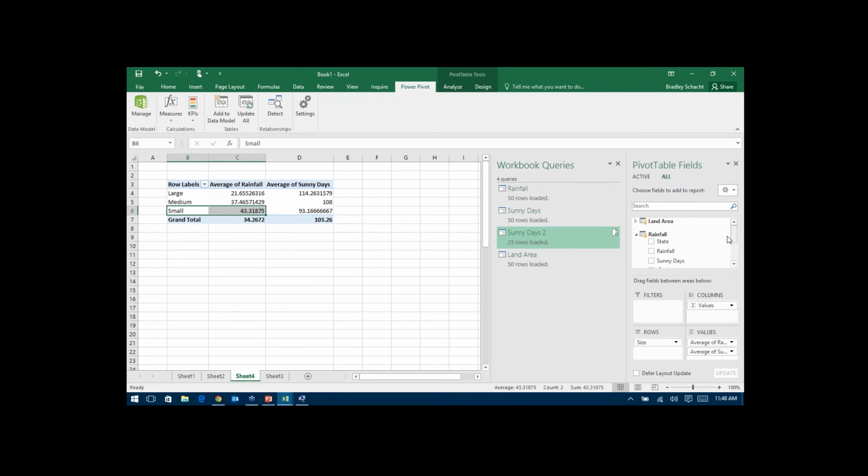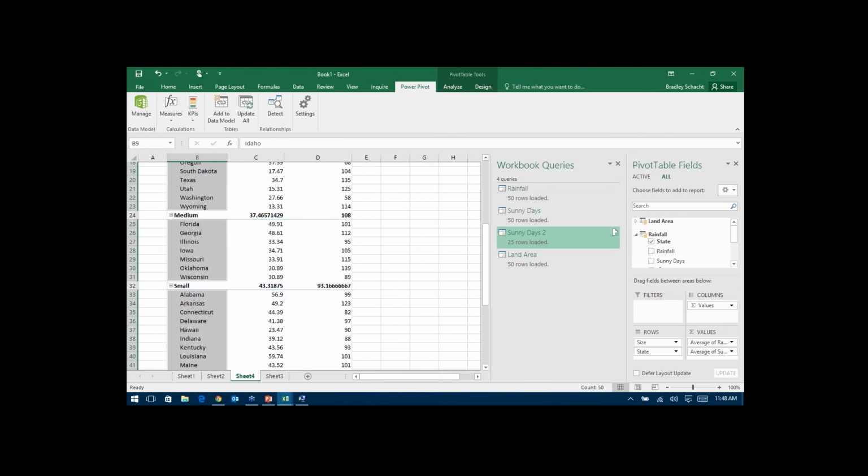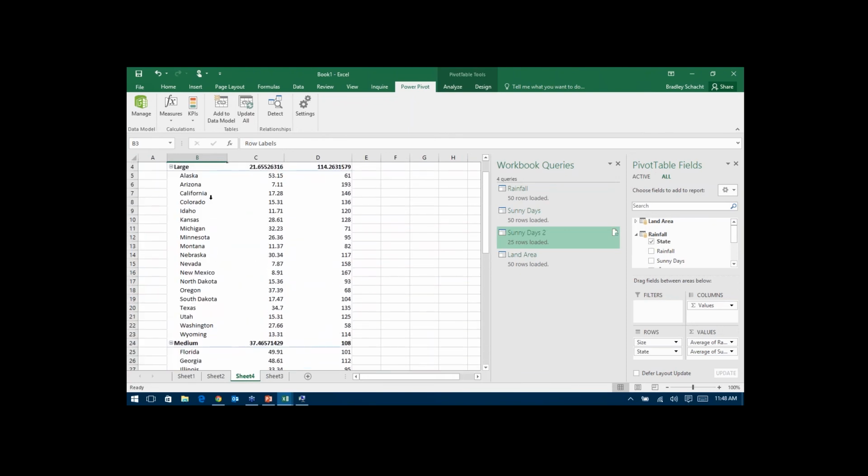We can then drill into this a little bit more, and I'll put the state down here. If we take a look at this, it kind of makes sense. If we look at some of the large states, things like California on the West Coast can get a ton of rainfall. It's very sunny. Then you have your desert states: Nevada, New Mexico, and Arizona is in here somewhere, so there's Arizona. Those are some of the bigger western states out there. So that data actually lines up with what we kind of know of the U.S.